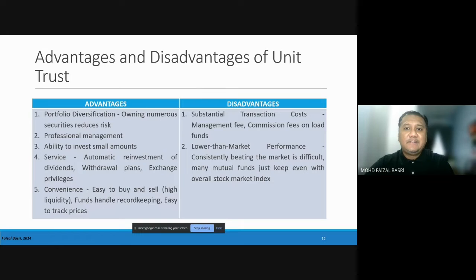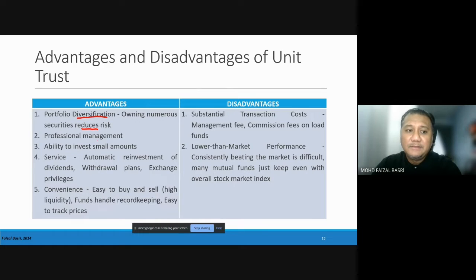Advantages versus disadvantages. Okay, advantages dia number one, diversification. Ingat, the concept of unit trust itself is diversification. Semua unit trust akan di-diversify. Dia tak akan invest semua dalam satu jenis unit. Walaupun nama dia equity fund tadi, bukan bermaksud dia semua dalam equity. Okay, majority yes in equity, tapi ada small portion ataupun at least a certain portion they will invest in a lower risk kind of investment. Sebab dia nak diversify lah, dia nak balance kan, okay, the risk element, in order to reduce the element of risk.